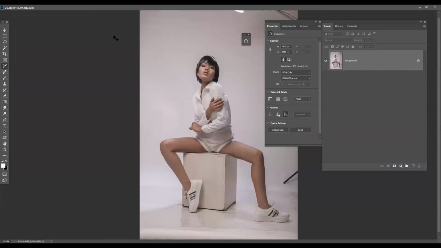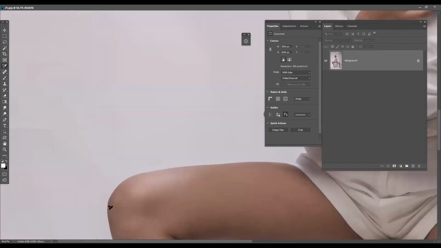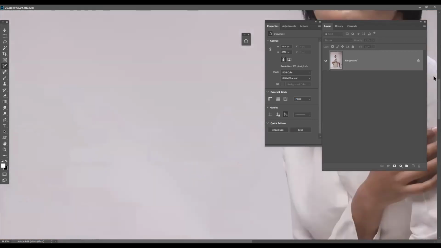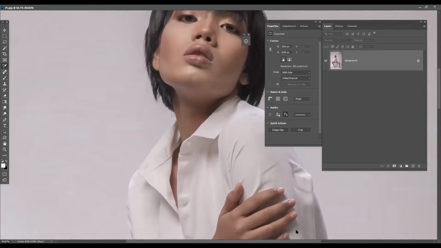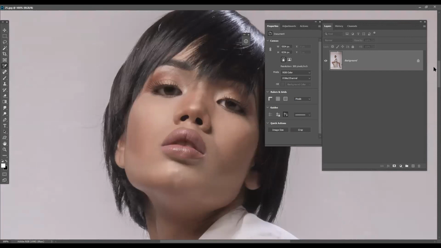Okay, so this is an image. Is the image clearly visible? Yes, sir.